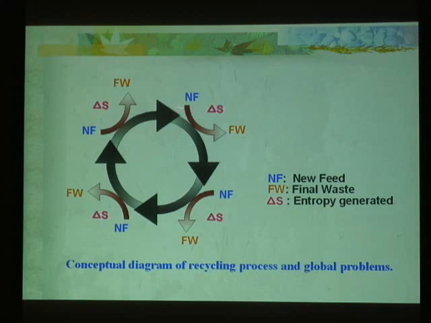Start with the natural resources, for example. And so we create some product, and the dark color is the low entropy state, a very high level state. We can create low entropy state from high entropy state. But we need, after consumption of the product,